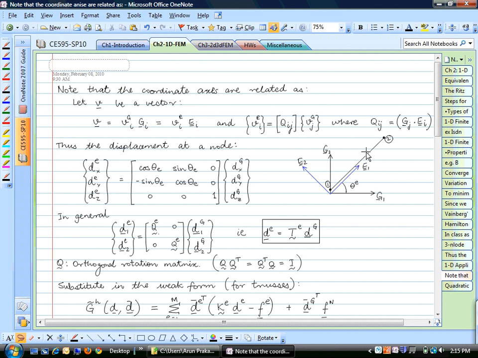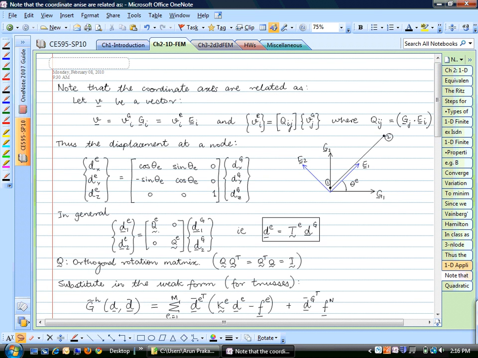You can transform those degrees of freedom to the global coordinate system. The reason that we are trying to transform them to the global coordinate system is so that, finally, if we assemble all our equations, we should be able to connect the degrees of freedom. The global degrees of freedom, if you mark them as x and y, can be assembled. But the local degrees of freedom, where one element is pointing in this way and another in that way, you cannot directly assemble, right? So you have to transform the degrees of freedom from the element coordinates to the global coordinates, and then you can assemble them. So going back to this one,